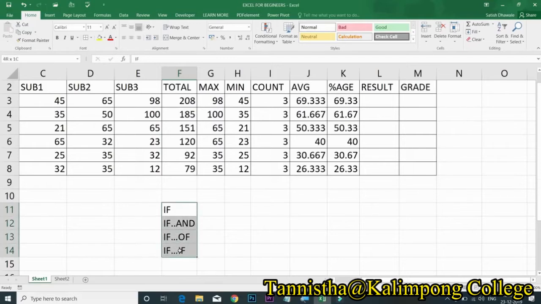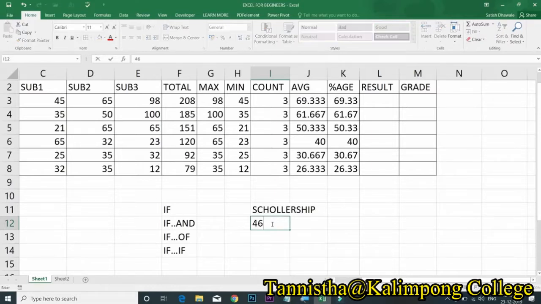Now not only if function, we need to learn how AND function or OR function works with if function, and how if within if, that is nested if, will work. We can call it as multiple if. Say you are appearing in a scholarship exam and you have achieved 46 marks.